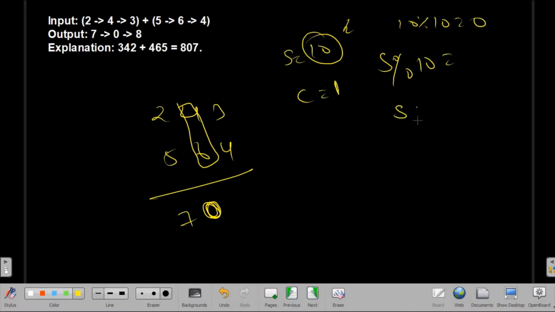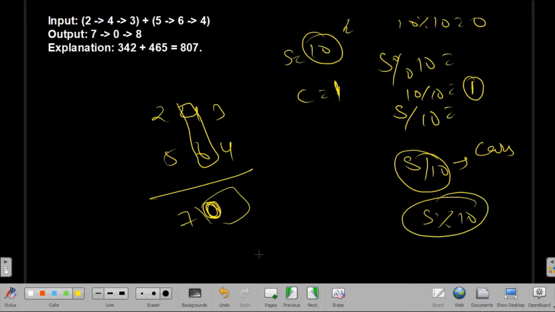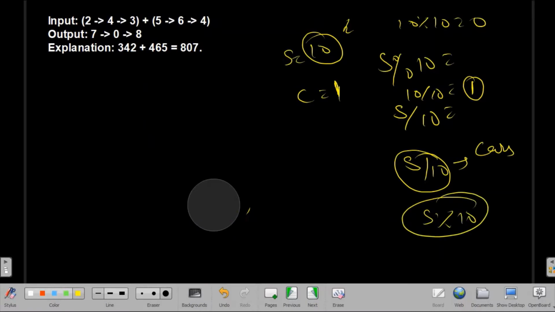How do we get that? Sum divided by 10, 10 divided by 10 is 1. So carry is sum divided by 10, and the digit to store is sum modulus 10.